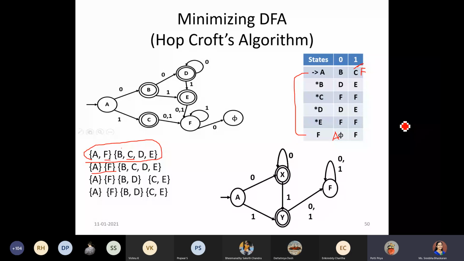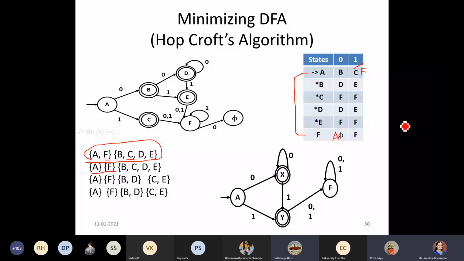For C and F, they differ only with zero input, but here C is a final state and F is a non-final state. If F was also a final state, then C and F can be grouped together, no ma'am? Yes, C and F will come together.